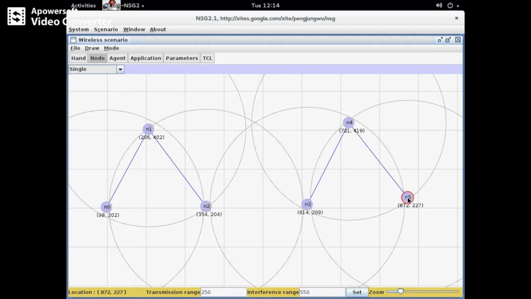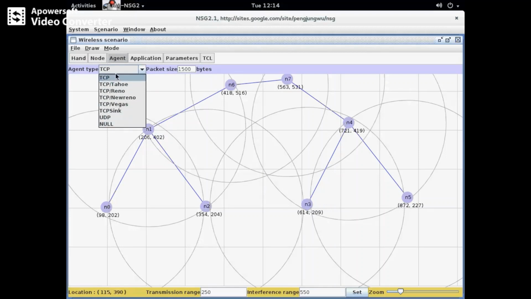This should be connected to N4. Now I am going to take N6 and N7. In the agent, I am going to take a TCP sender for N0 and the sink for N3.